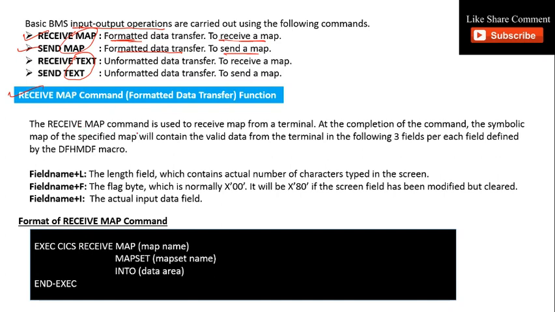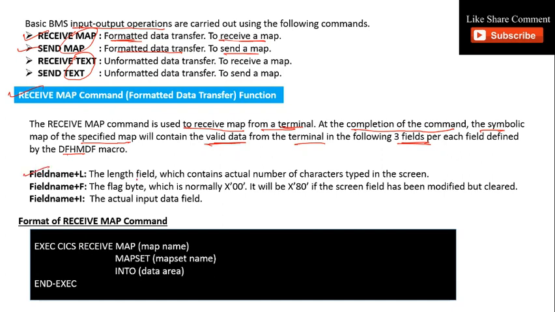Receive map command: formatted data transfer function. The receive map command is used to receive a map from a terminal. At the completion of the command, the symbolic map of the specified map will contain the valid data from the terminal in the following three fields per each field defined by the DFHMDF macro.